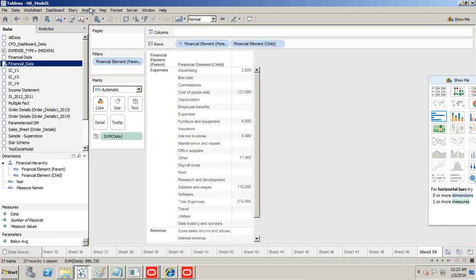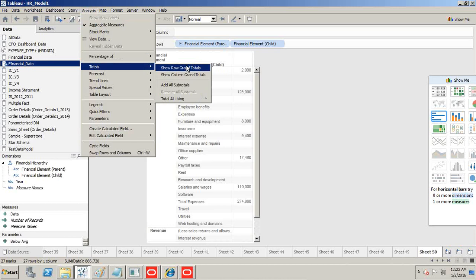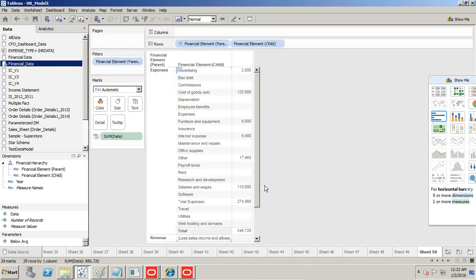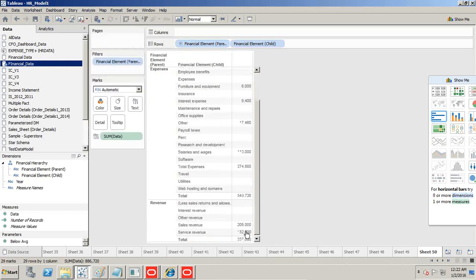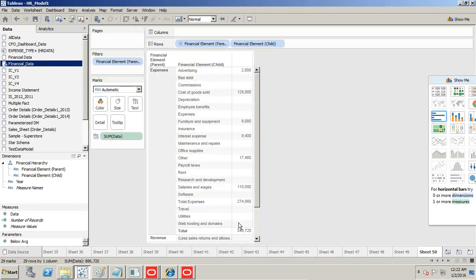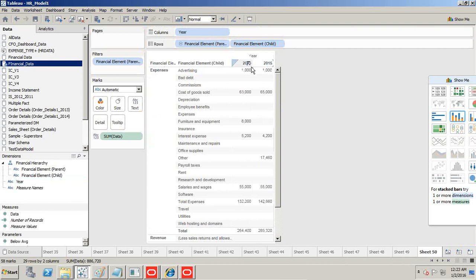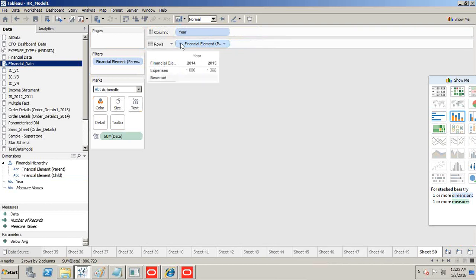You can in turn add a subtotal as well. Go to the total section, add subtotal. So there you get the subtotal of expense and revenue. I would like to see the same with respect to multiple years. So year is your another dimension, 2014, 2015, right? This is fine. But what we need is a gross margin, which is the subtraction of both of them, total expense minus